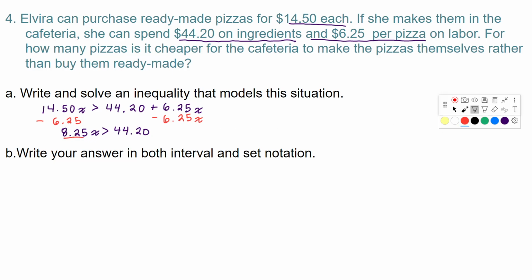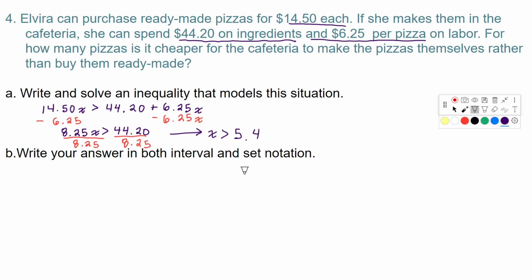Divide both sides by 8.25. And this time we're dividing by a positive, so we do not need to reverse the inequality. And we end up with x has to be more than 44.20 divided by 8.25, has to be more than